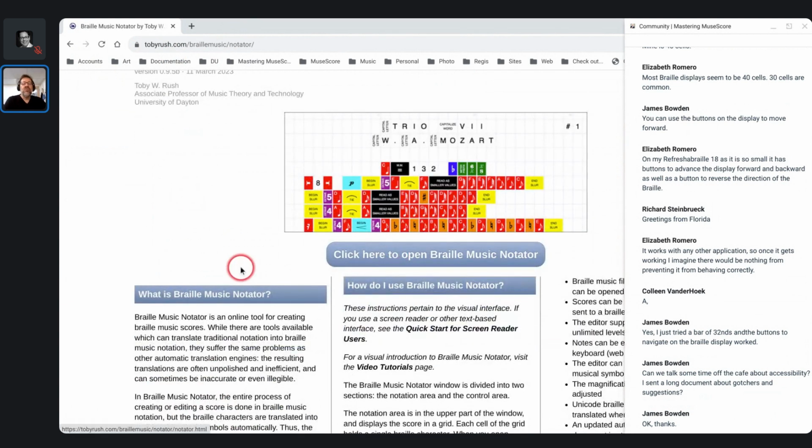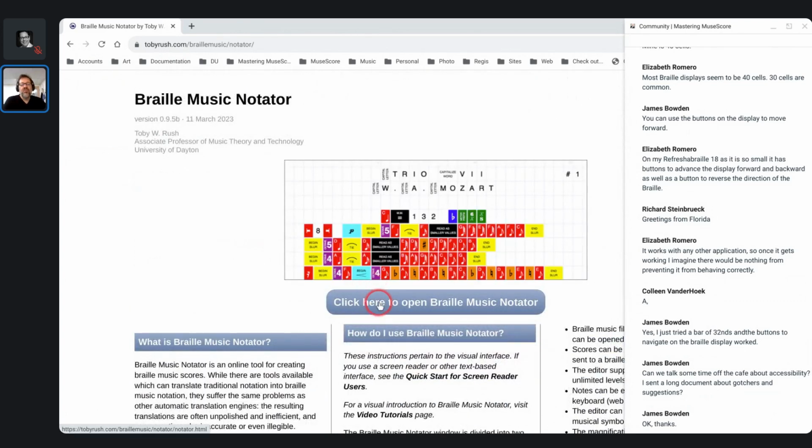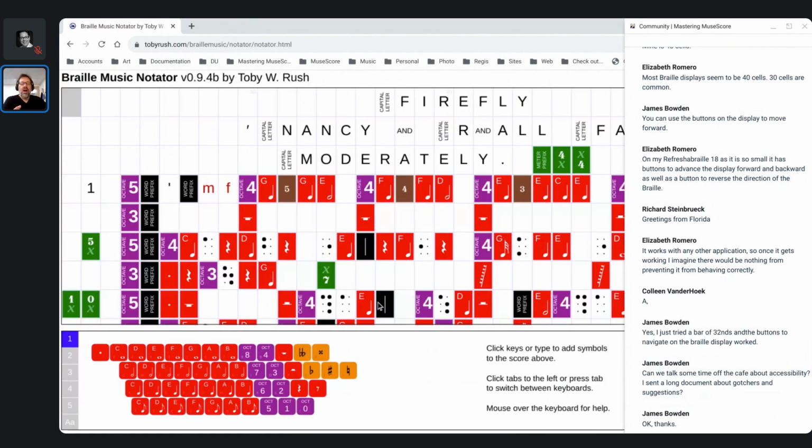And when we go there, you'll see a page that has information about the notator, but the first real thing on the page is a button that says click here to open Braille Music Notator. That's what we want. So I've now done that, and we are seeing Firefly in all of its glory here,